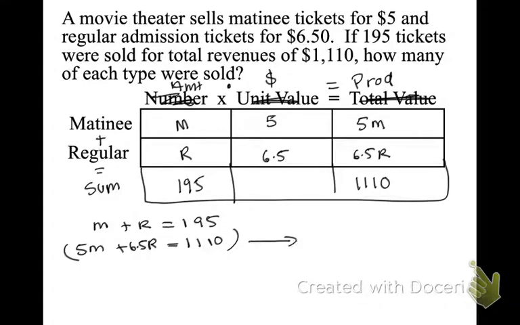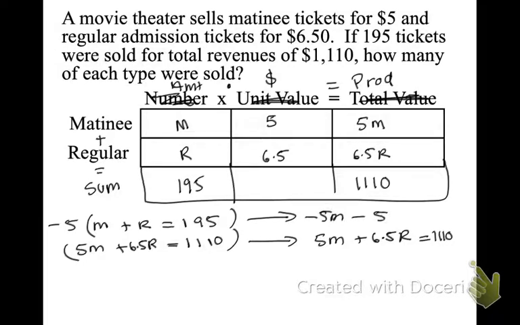I'll leave it alone. 5M plus 6.5R equals 1110. And here I'm multiplying by negative 5. So that becomes negative 5M minus 5R equals